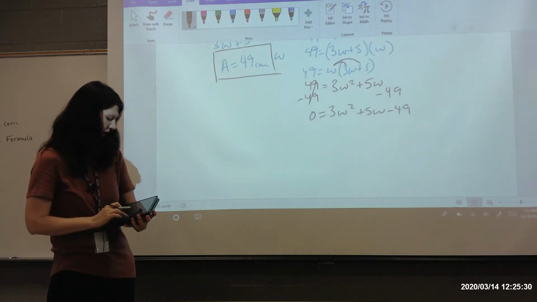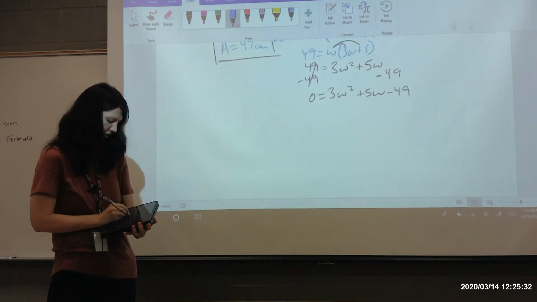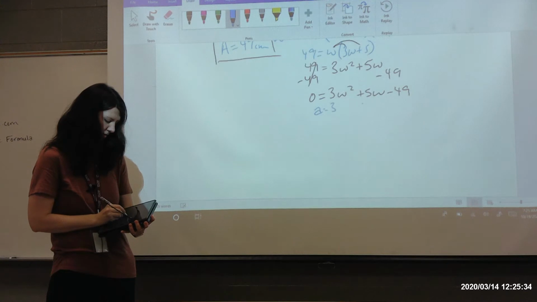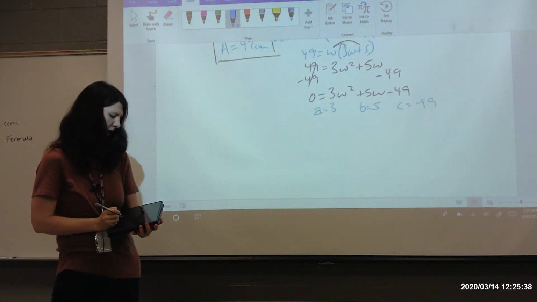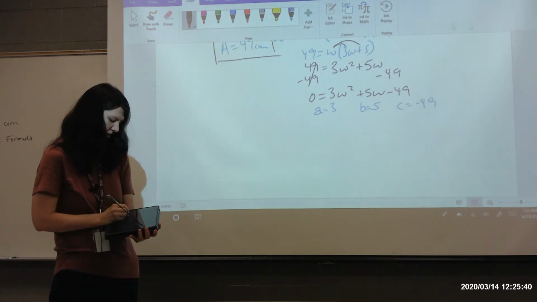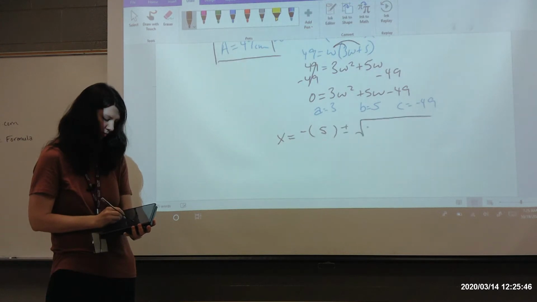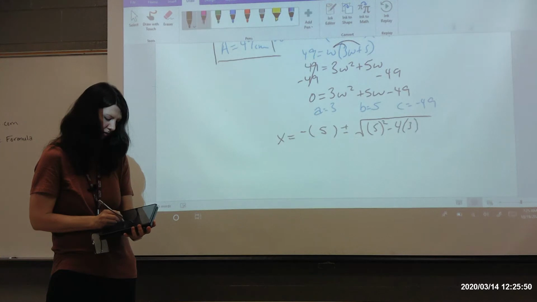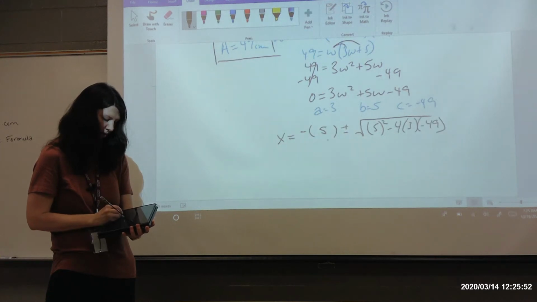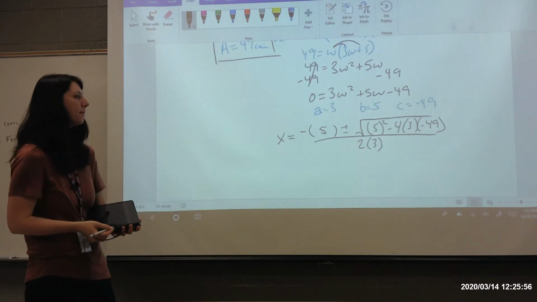So let's identify A, B, and C. A is 3, B is 5, C is negative 49. Okay, and I'm going to plug it into my formula. X equals negative B plus or minus the square root of B squared minus 4 times A times C, all divided by 2 times my A. Okay, now I'm going to use a